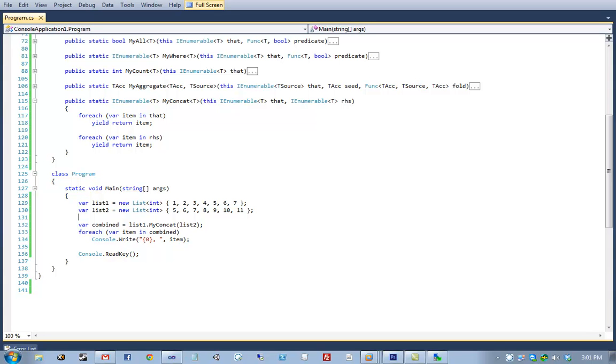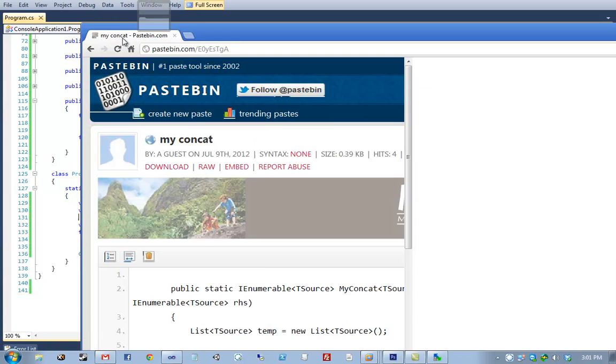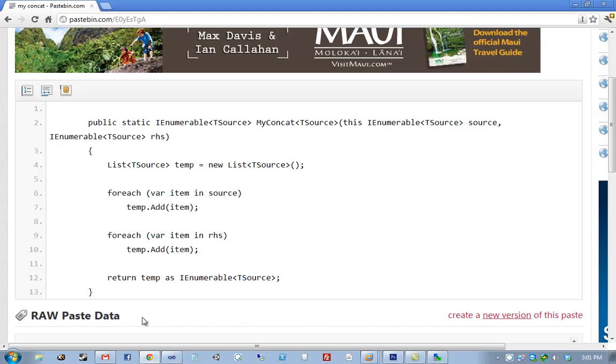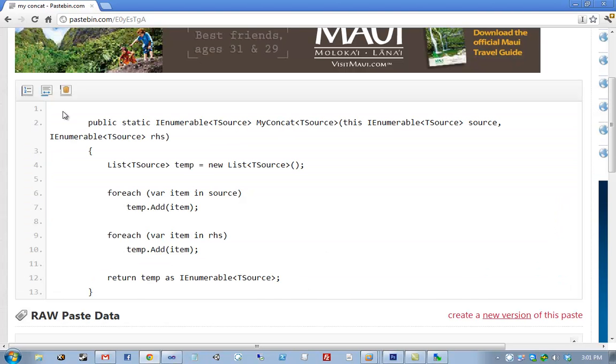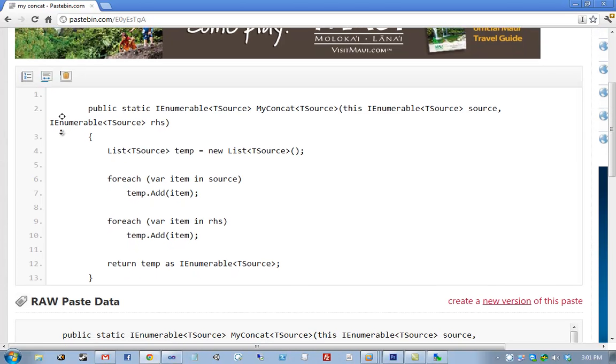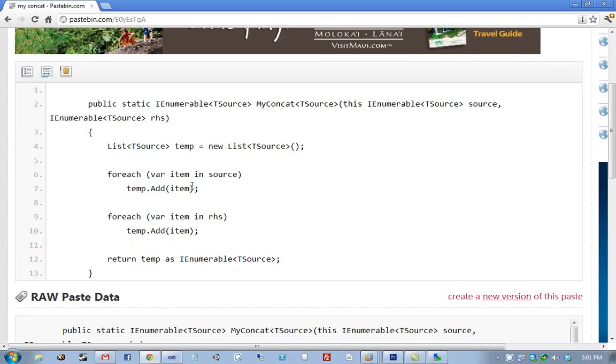Okay, we did get an actually good question. This is a valid implementation. Well, this isn't really the reason. There is a reason why this is not a valid implementation. It does seem to work, and it is a logical way to implement it. But the reason it's not a valid implementation is specifically not because this is invalid code, but because the actual documentation for the concat method specifies that it needs to be deferred.